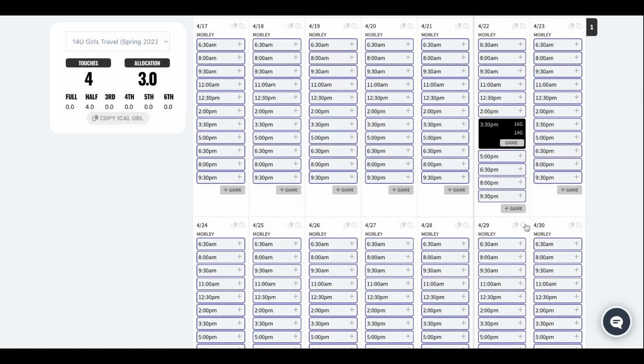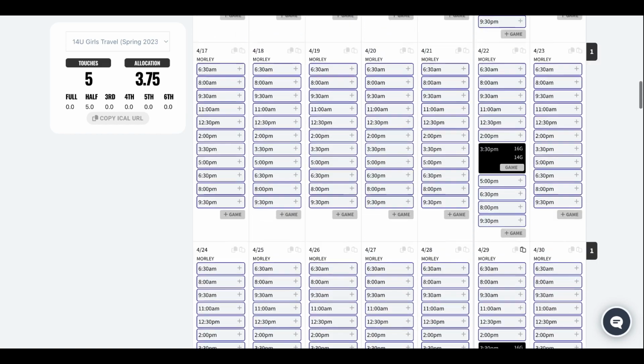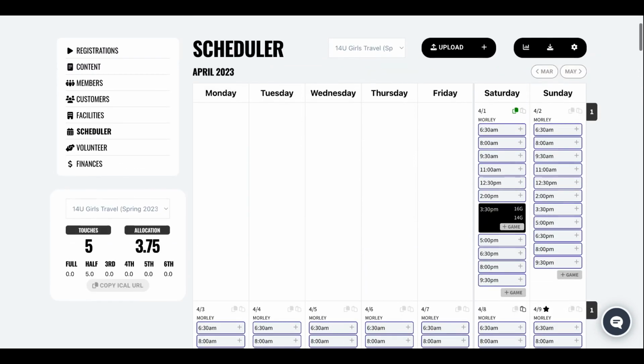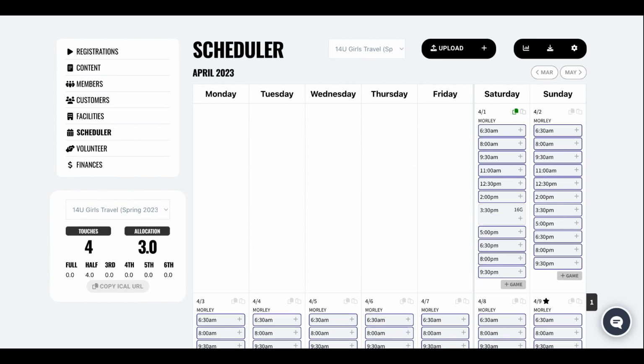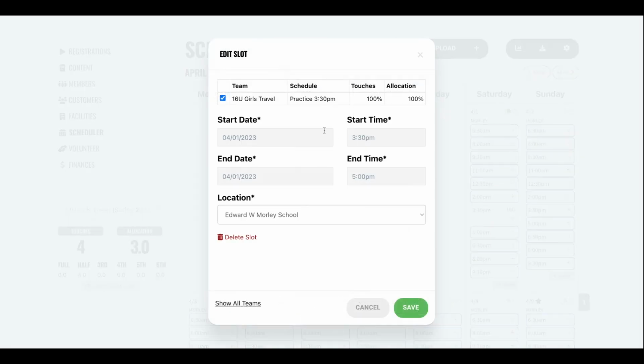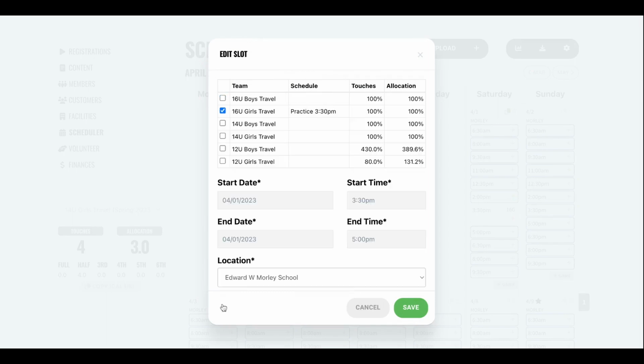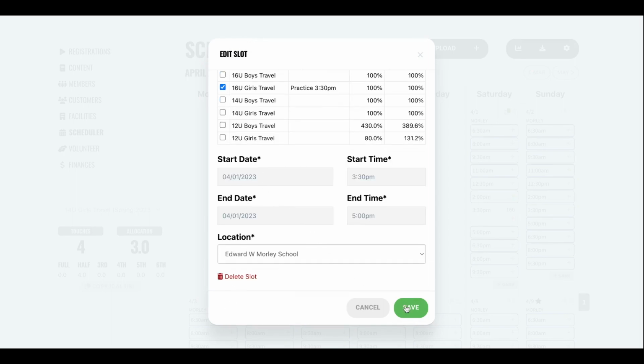If I need to, for any reason, remove a team from a time slot, what you'll do is just hover over that team code on the time slot and double click. You'll see this highlighted in red. And once double clicked, you can go ahead and remove that team. If you need to modify the time slot at all, you can open up this window here to make any changes, assign more teams, remove teams, etc., and then go ahead and choose save. So that's a quick walkthrough of what it looks like to assign your teams and unassign your teams from their